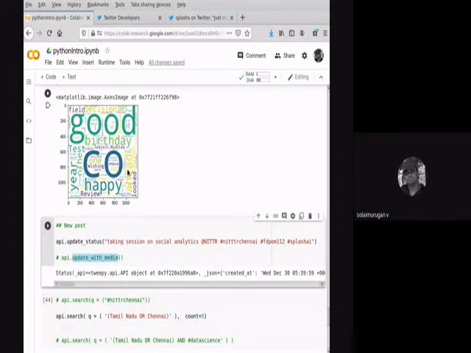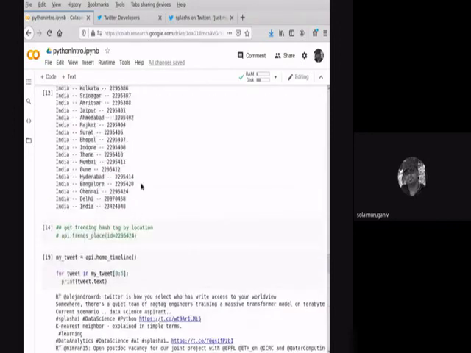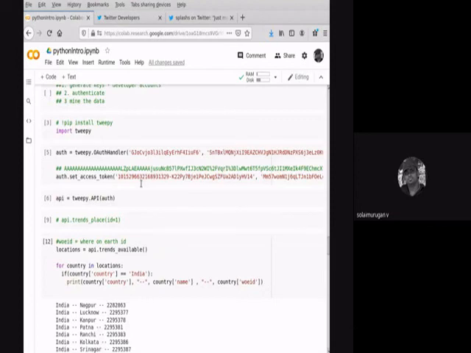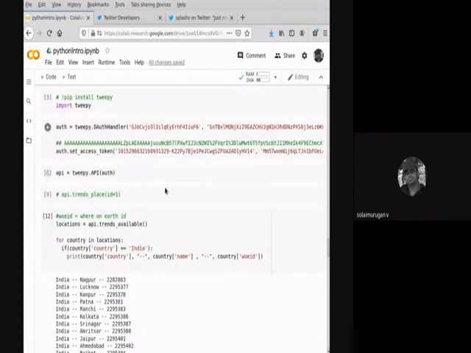I thought I would share this sheet yesterday, but maybe I forgot. Maybe I'll share the entire Python notebook. In this Python notebook, both yesterday's as well as today's things are appended here. Maybe I will remove this actual token and then pass it on.